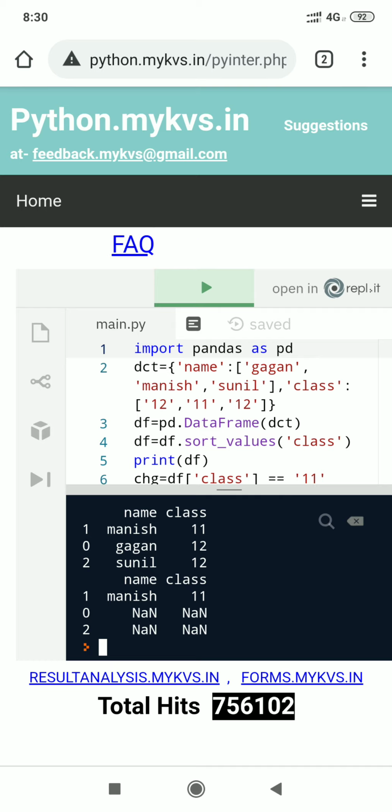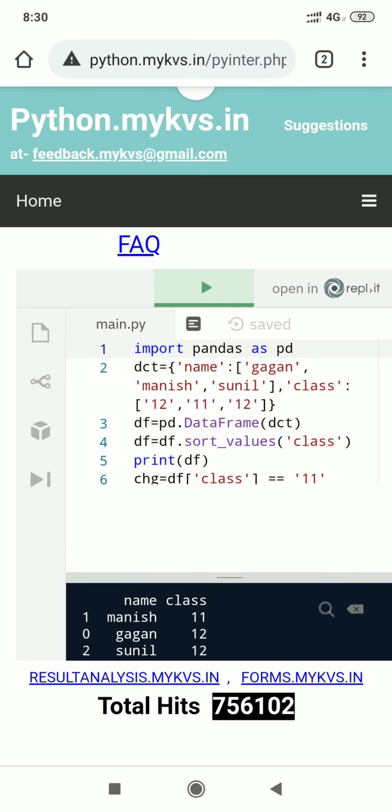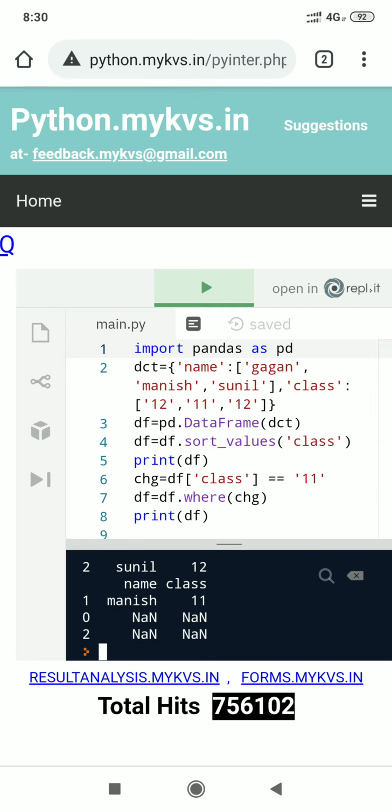Okay, now we apply one condition, that class equal 11, and search the data where class equal 11, df.where chg, means class equal 11. It will search the data of class 11 and will display the data belonging to class 11 only.